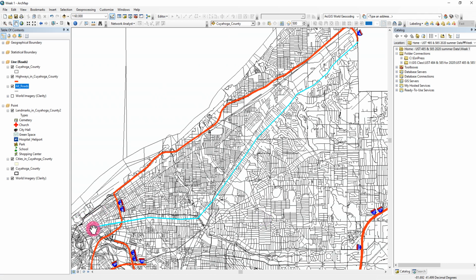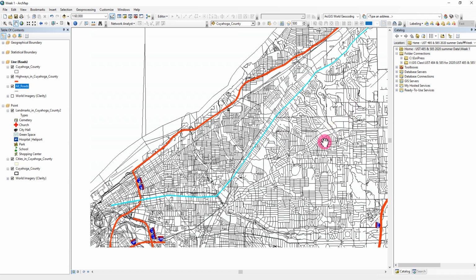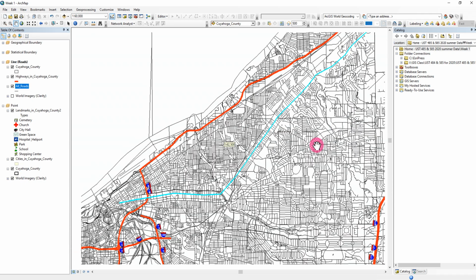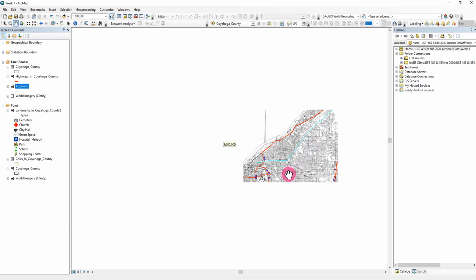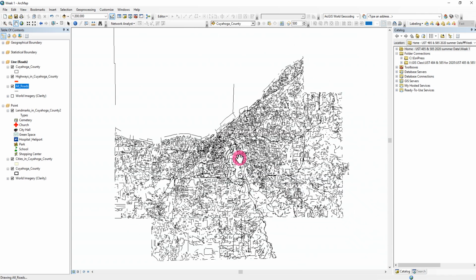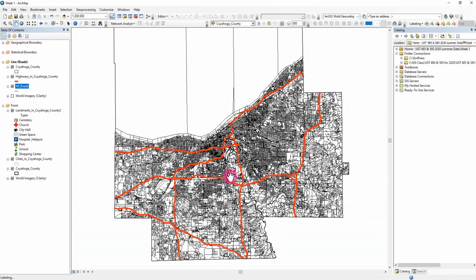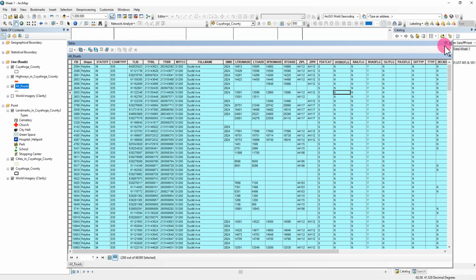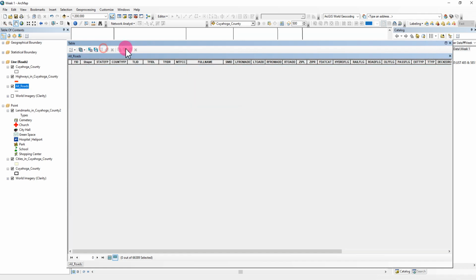Yeah, it goes from downtown all the way up to the northeast, right? So this is a line shapefile. If you are doing transportation work, you need to be really familiar with this kind of line shapefile. Now this road shapefile has everything in it,